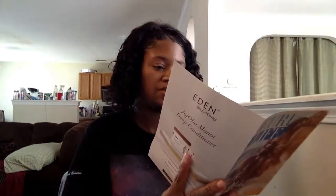They have Pro Style products in here, some products from Eden's Bodywork, some Hair Yam, and a product called Opium. So, actually Hair Yam. But let me go through what I got in the box. First thing we got is the Eden's Bodywork